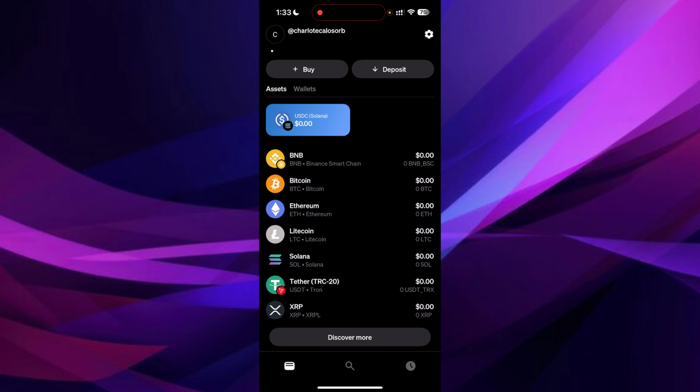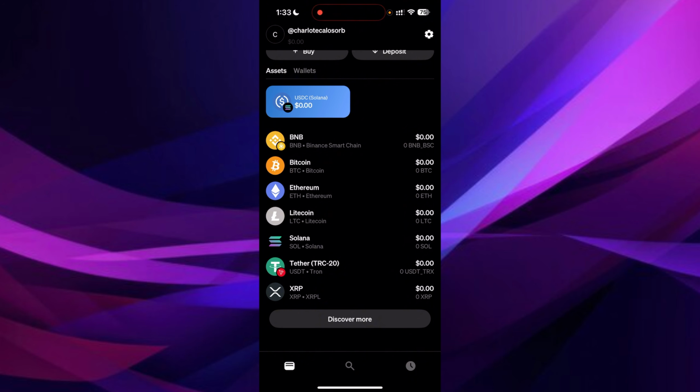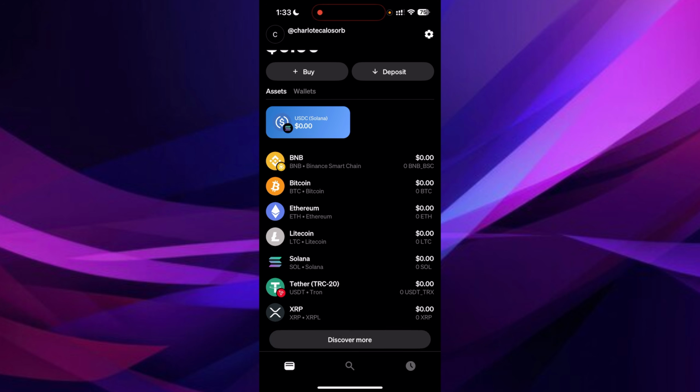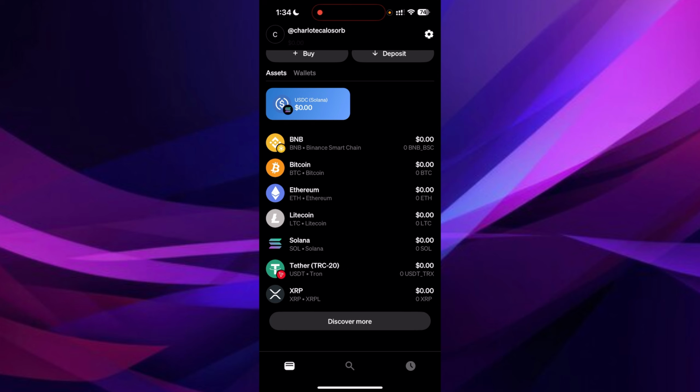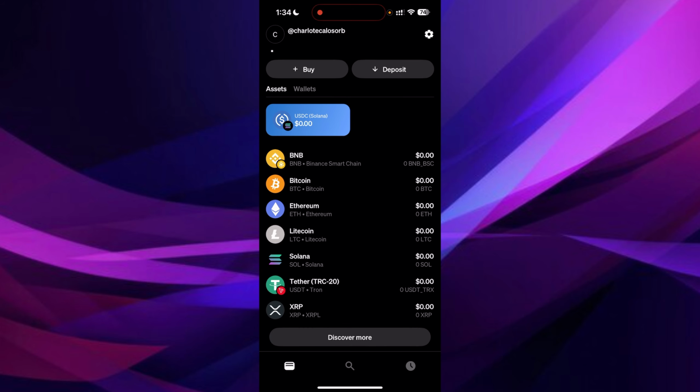But if you have an existing one, just log in and enter your credentials for you to be able to access it. After accessing your account, you will see this page, which is where you will be redirected to the assets section. And for you to be able to buy USDT, you just have to find the T logo, which is, as you can see, you will see there is the Tether or under the USDT, but in TRC20, which is in Tron